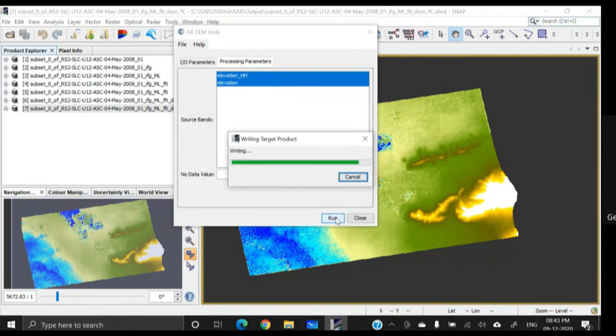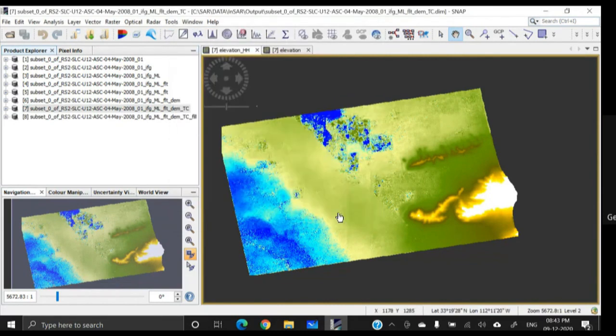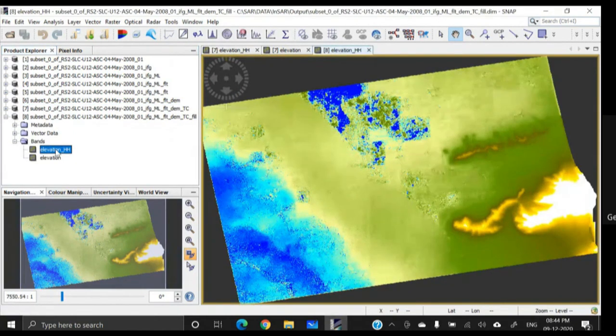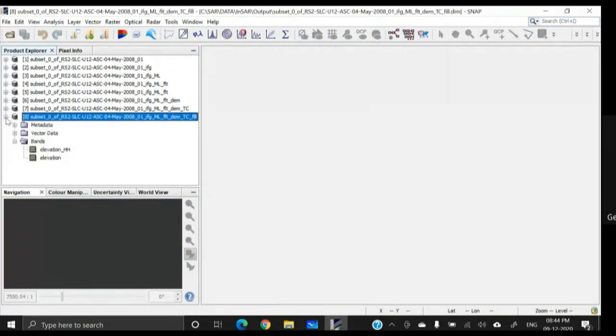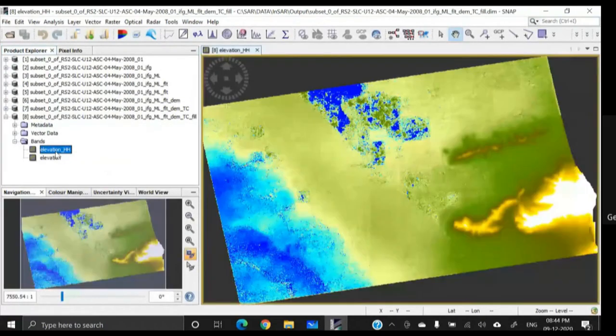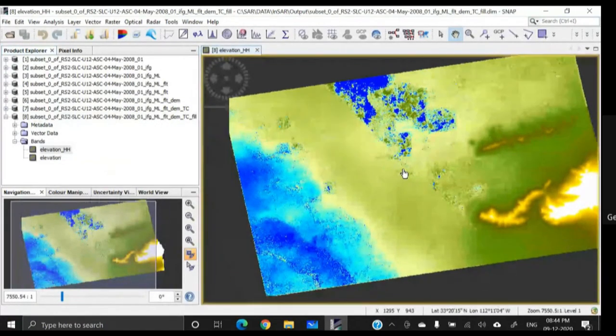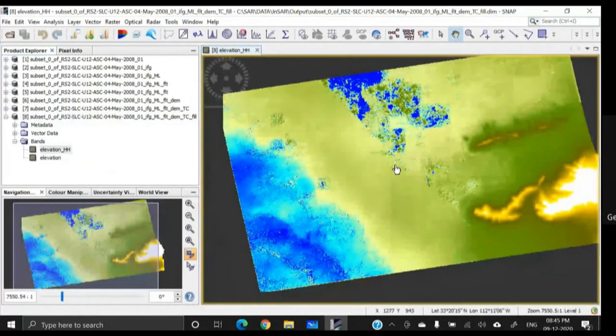So the hole filling on the DEM will be performed. And this is the hole filled DEM. Next, I'm opening the hole filled elevation product, the original elevation data that I have generated.